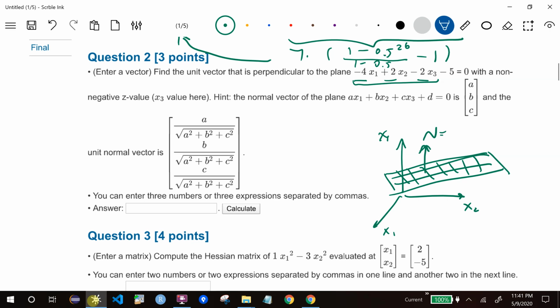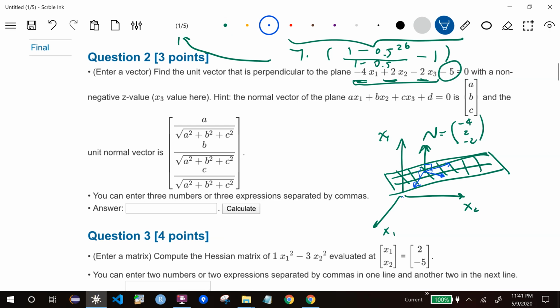So this is called a normal vector, and the normal vector, given the equation, is always the coefficients. So we basically ignore the constant term. What I mean by perpendicular is, if you pick any vector on the plane, not a vector from the origin to something on the plane, but a vector that's completely on the plane, then that vector will be perpendicular